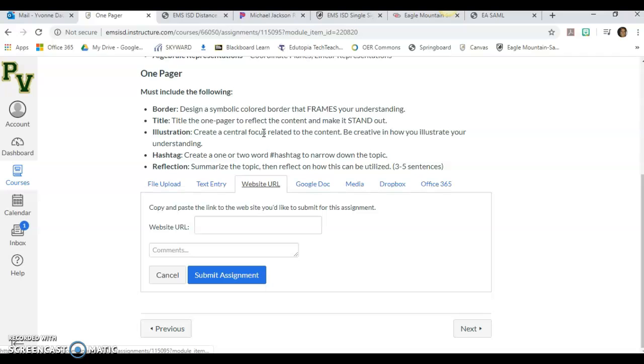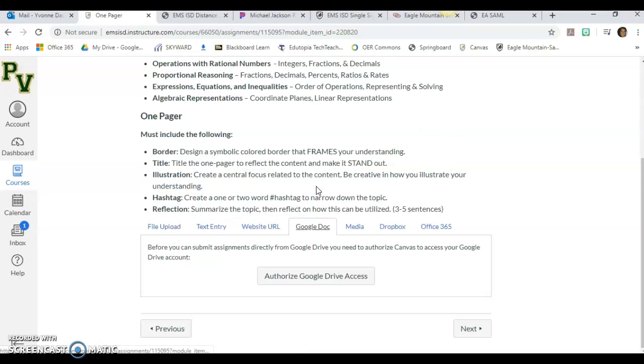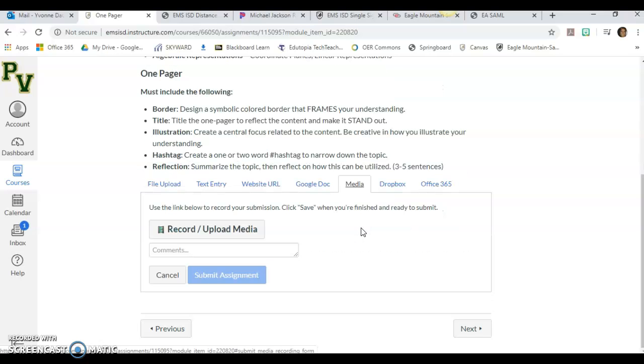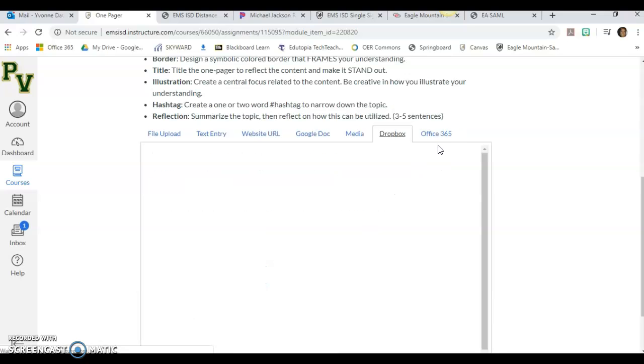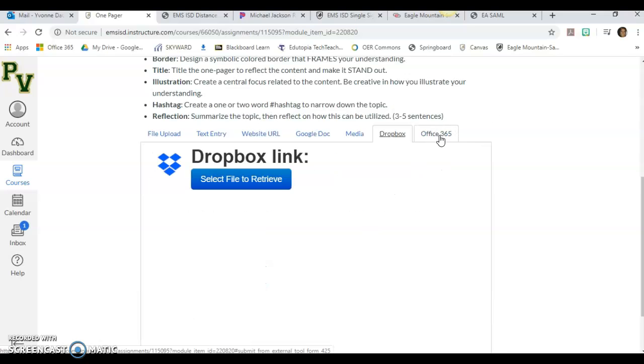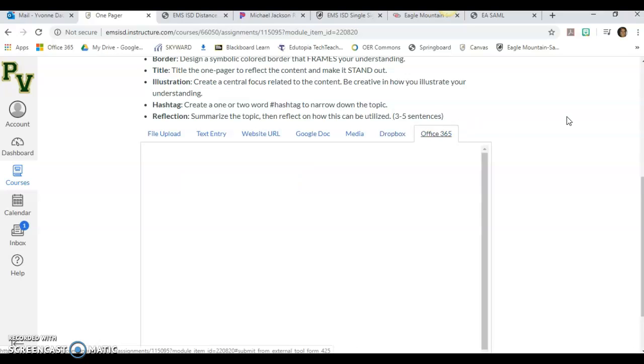If you've got a website that you uploaded your answer to or whatever, you'll just copy paste your website here. We really don't want to work with the Google Drive and Google Docs because the district says that Google does not have the greatest amount of security for your information, so we may skip over that. Media, if you want to record or upload media here. Dropbox, if you've got it, not a lot of people do. You would just select a file just like anything else and upload it. And then Office 365, that's where all of your,